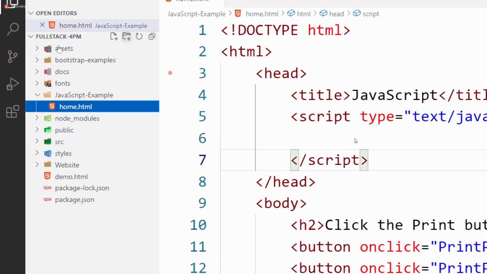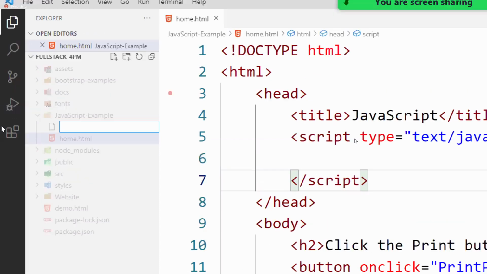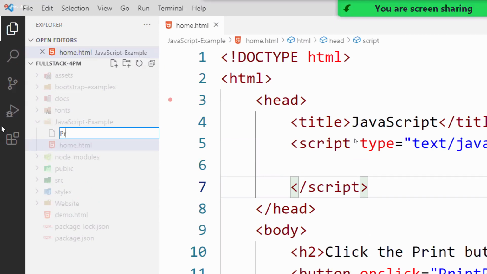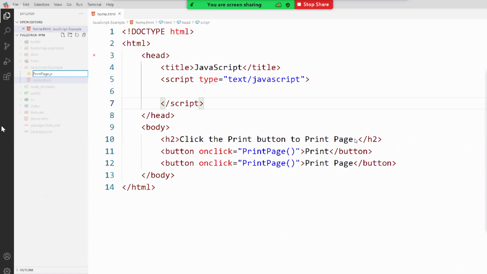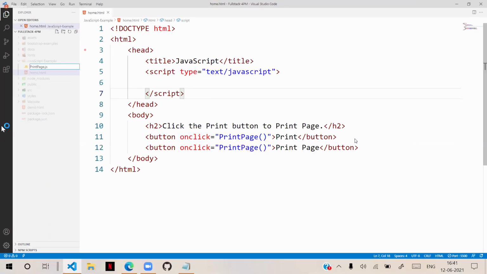Suppose I am creating a file. The file name is, suppose, print page. Any name you can give. JavaScript files have the extension .js. Okay, enter. That JavaScript file is created.